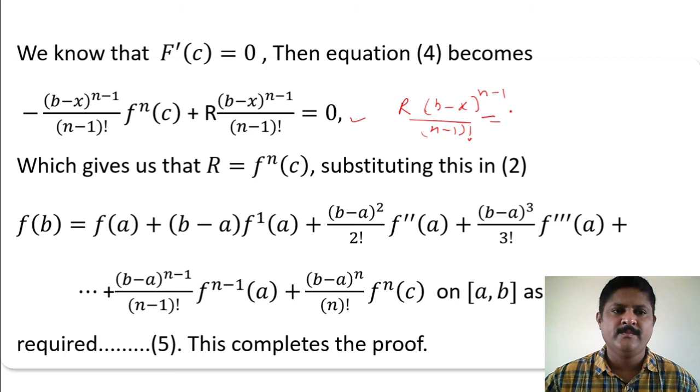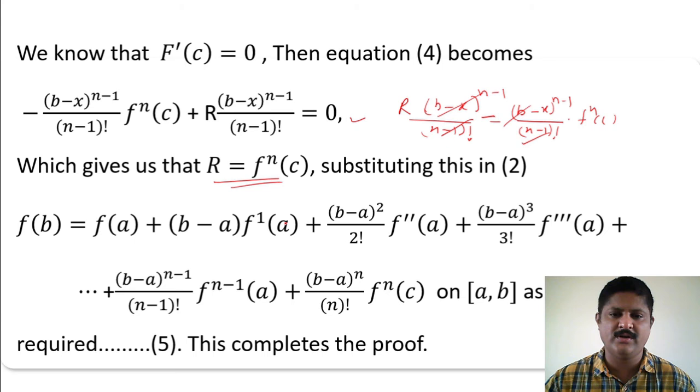See, (n minus 1) factorial and (b minus x) whole power n minus 1 get cancelled. Therefore, capital R equals f^n(c). Substituting the R value in equation 2, we get f(b) equals f(a) plus (b minus a)